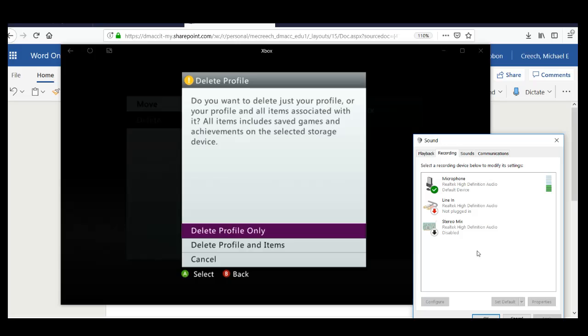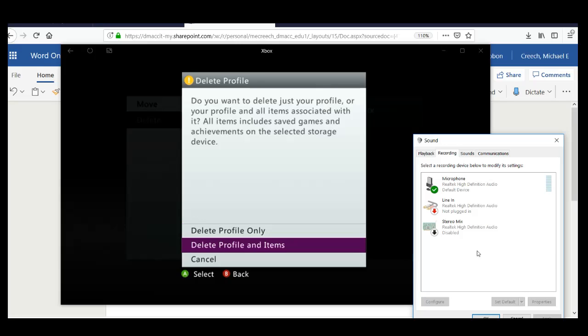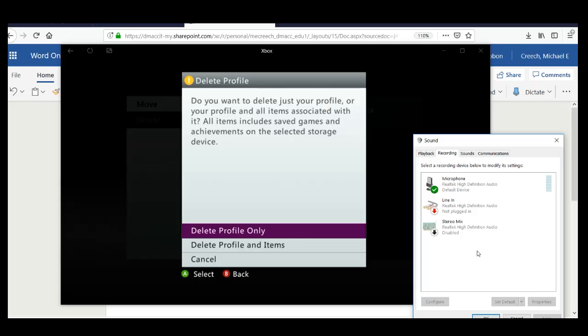You should be alright if you just delete the profile only. But if you want to be safe and conservative, just delete profile and items. And that's literally everything. Look, what I'm really trying to get at here is when you clear the cache, delete these profiles and whatnot, you want to delete any modified data that Microsoft can detect on initial KV